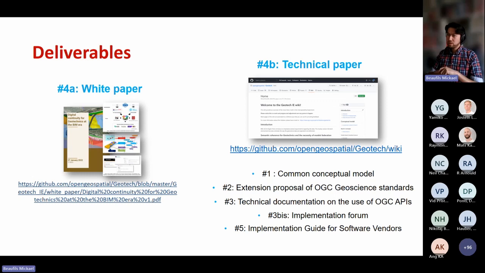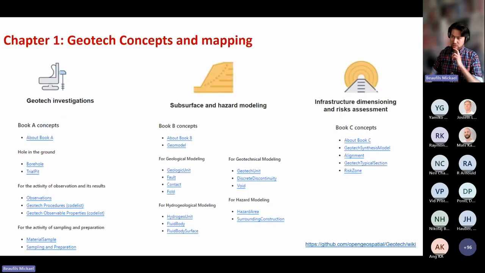And there is also a bigger technical paper in the form of a wiki, available from that link, that is a kind of index of all the deliverables we provided in that project. I will just show you an overview of what is available. There is first an activity that has been performed, trying to identify the geotech concepts and the mapping between the existing standards.